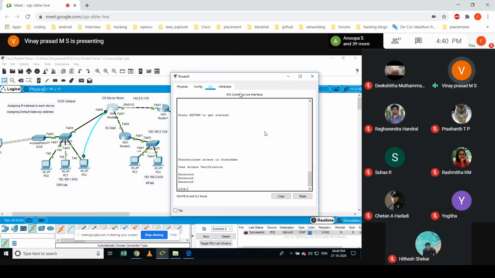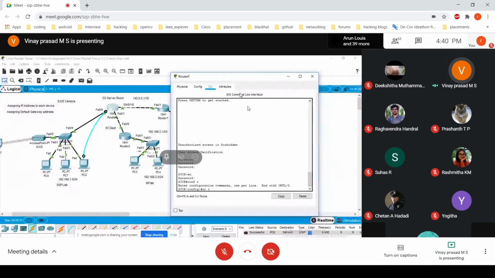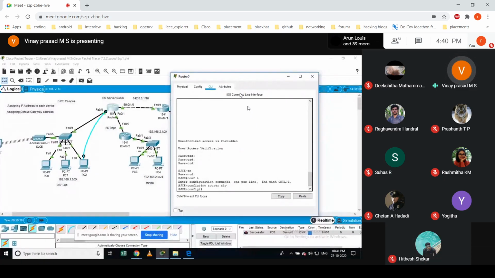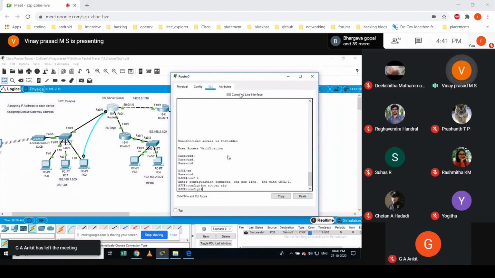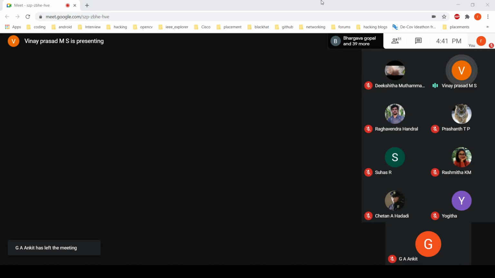I'll open the console. Then enable, enter, configure terminal, then I'll say no router RIP. If I want to remove any process which is already running, I say no in front of whatever command I used. No router RIP removes the RIP protocol which was running earlier.